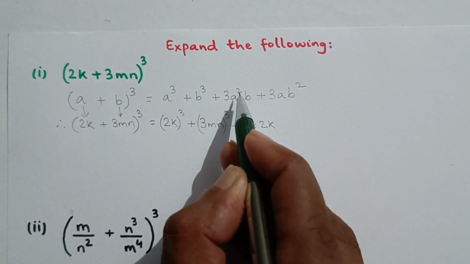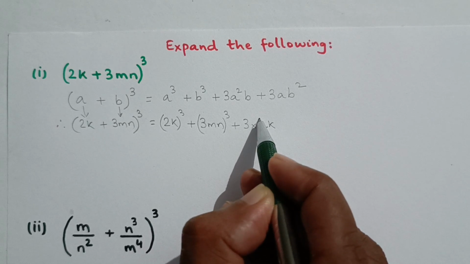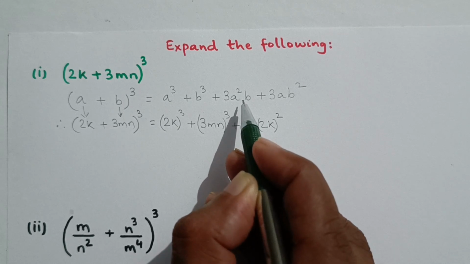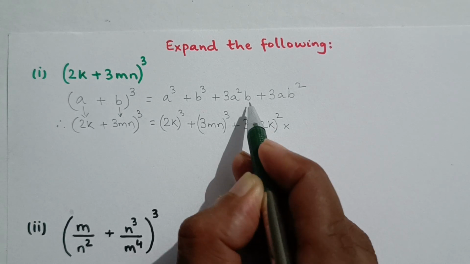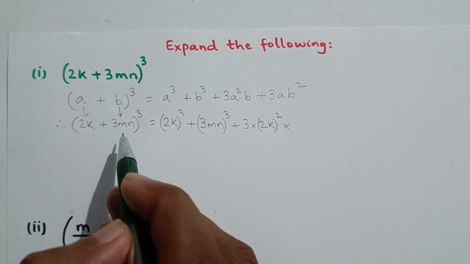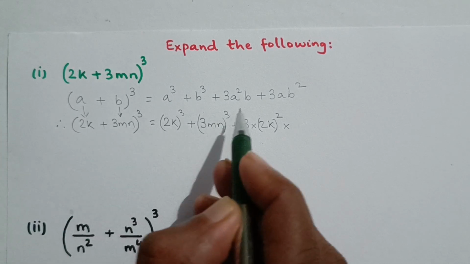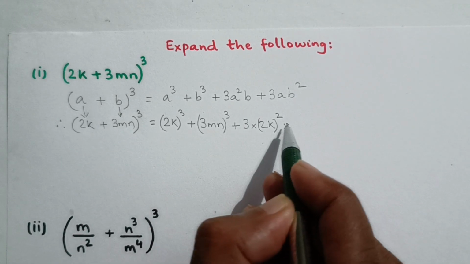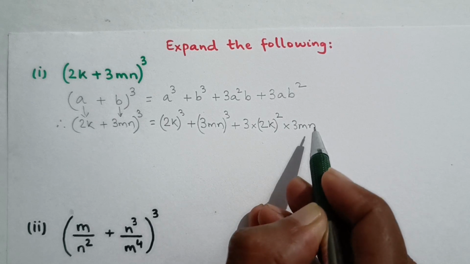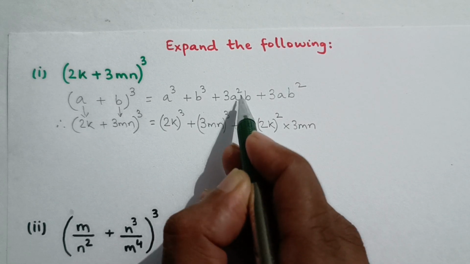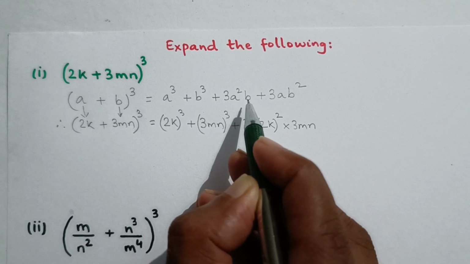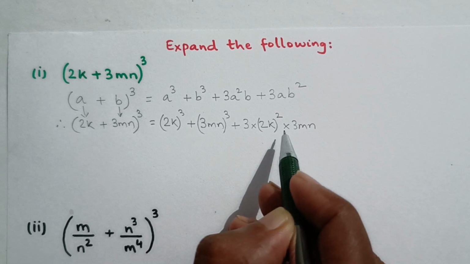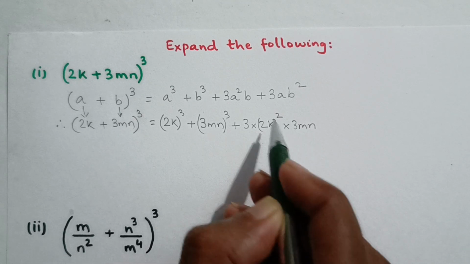Now a square, so 2k is also going to be squared. So 2k whole square into b. So into, now b corresponds to 3mn. So instead of b I will write 3mn. So 3a square b becomes 3 into 2k whole square into 3mn